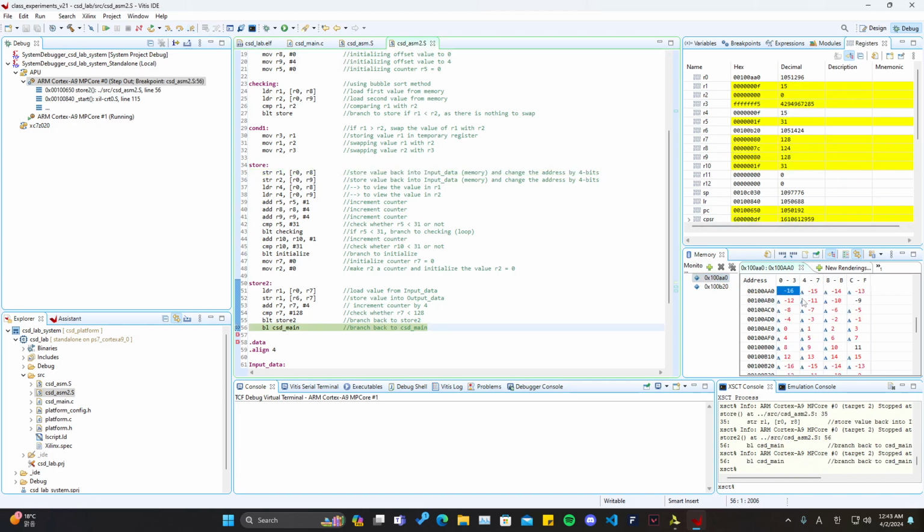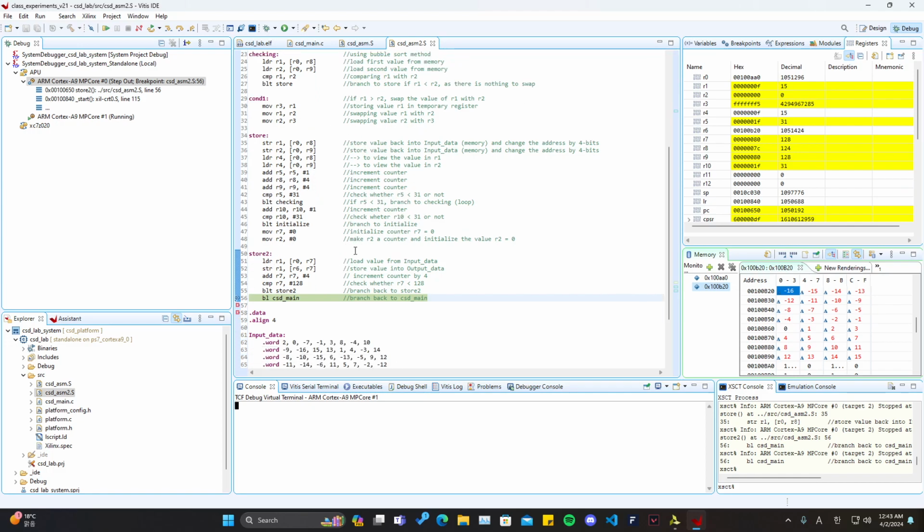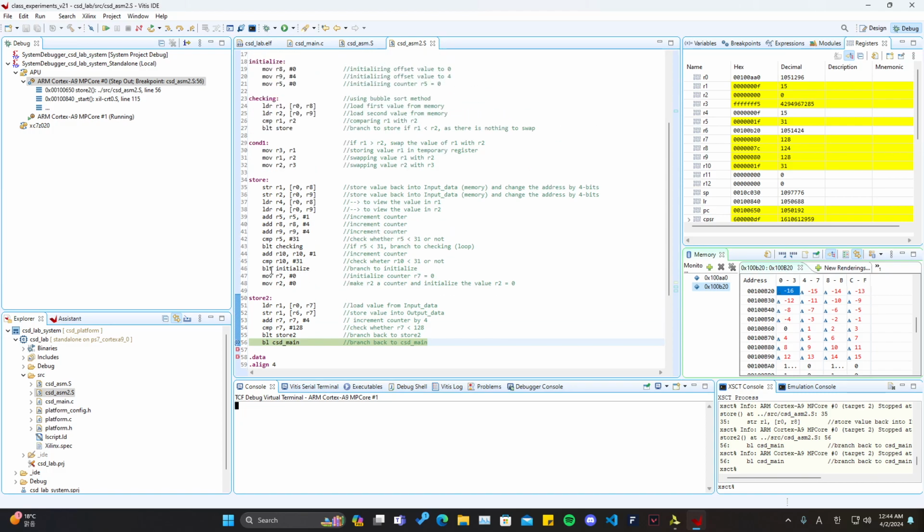okay, so the input data has been sorted to ascending order, 6 until 15, and if you look at the output data, the value has already been sorted. As we have done the inner loop and the outer loop part, and as R10 has exceeded 31, we will not do the looping anymore, as it will not do the branch lower than to initialize. We will set R7 to 0, the initial counter to 0, and R2 to 0,